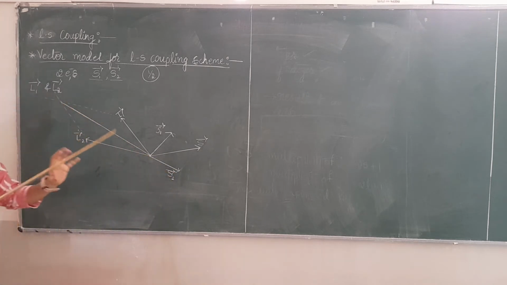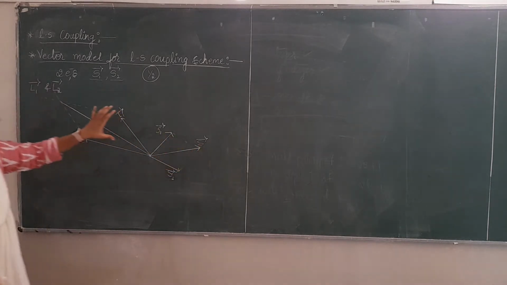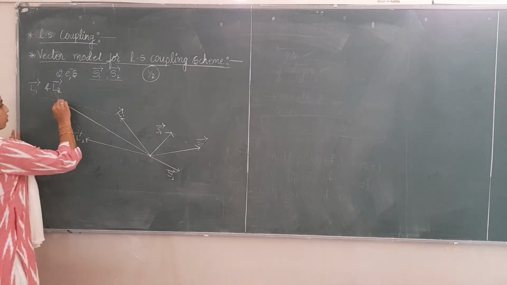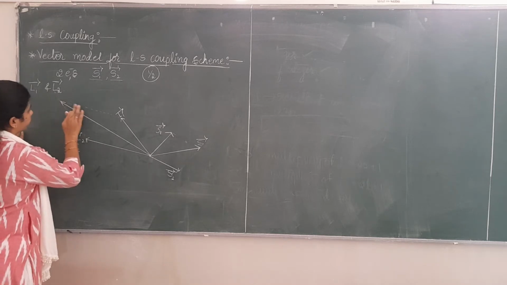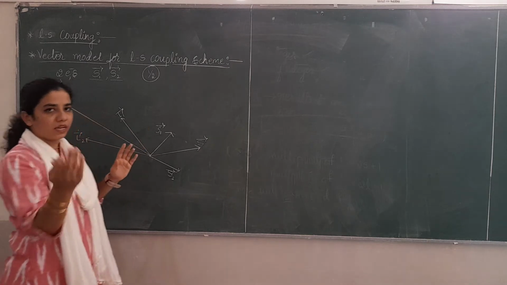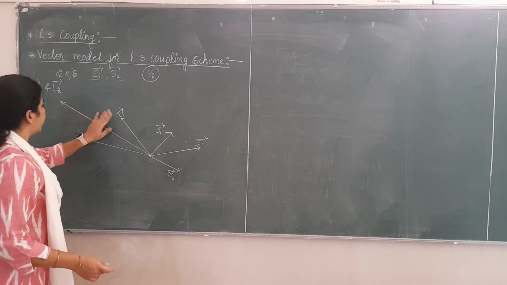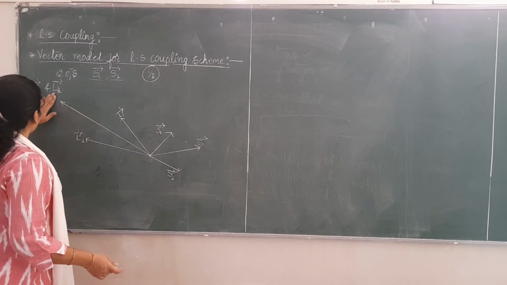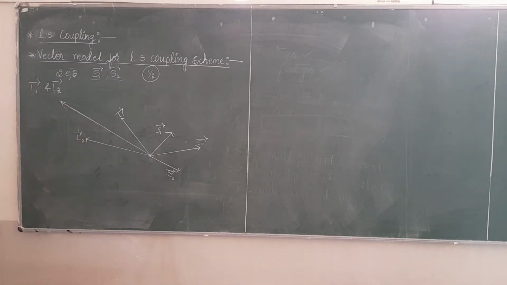This will be very clear if you use different colors for different vectors: a different color for S, a different color for L. If you do this in your books, it will be easier to understand, because if I use different colors here, it will not be clear to you. It is not visible actually. I have tried to use different colors on the board, but the colors are not visible except the white one. So this is the resultant of L1 and L2.